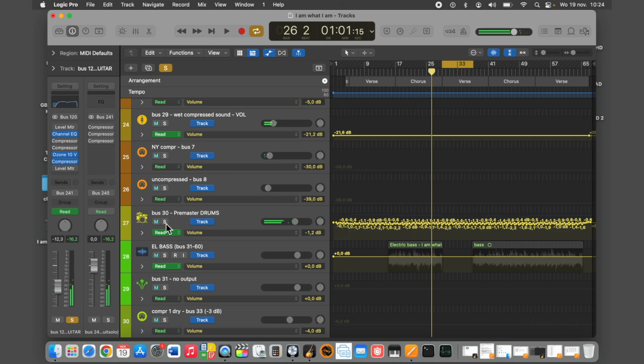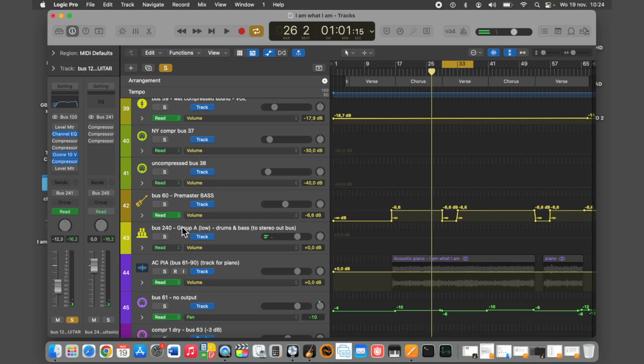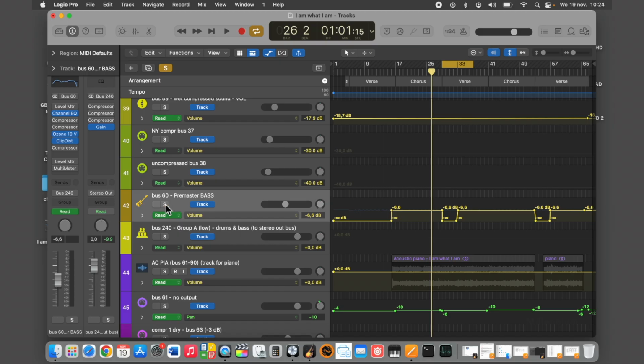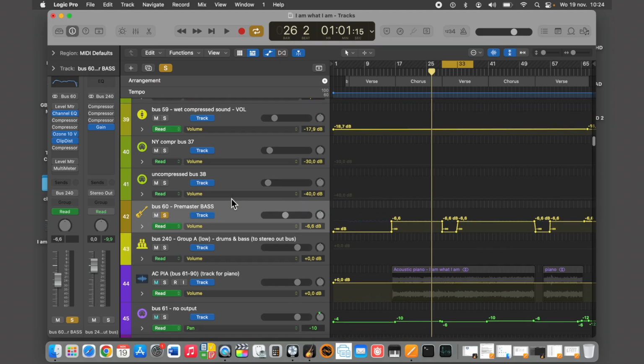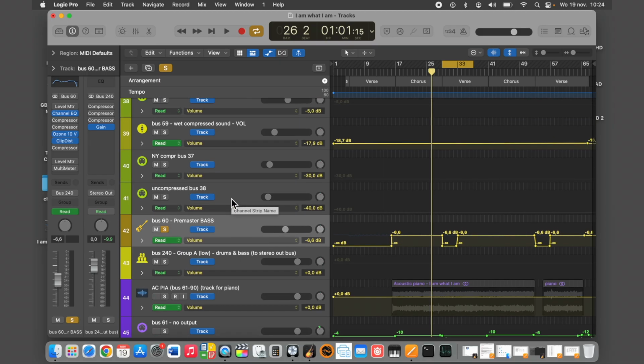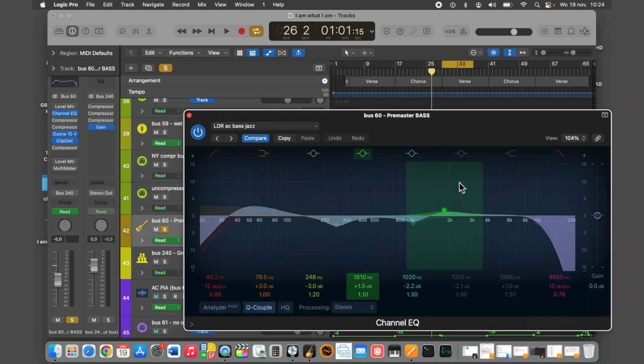I like the bass better. So if I would have to perform the song with just two instruments, I would choose the guitar and I would choose the bass. So I will EQ the bass, and as you can see,